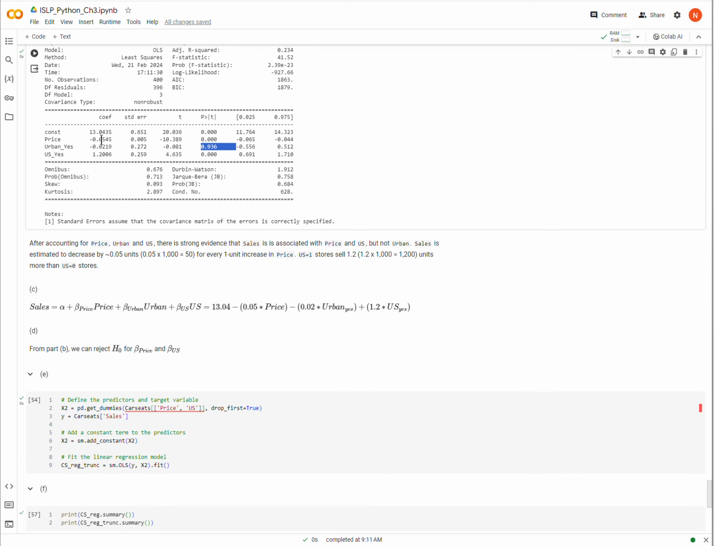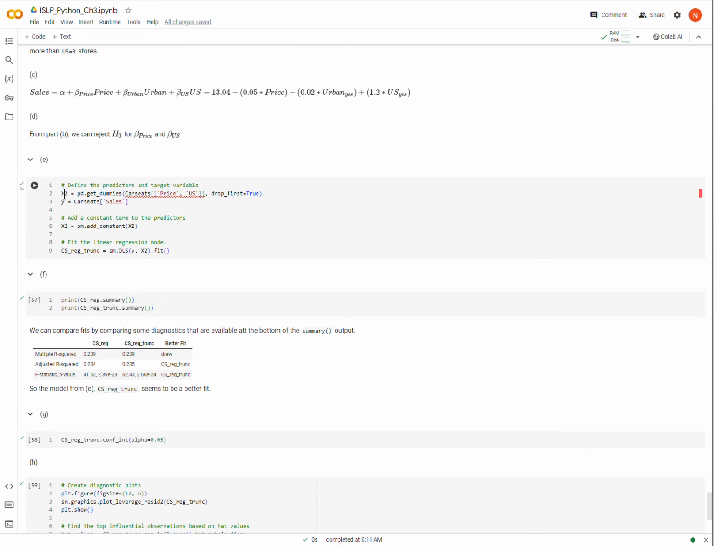Part E then wants us to take the compelling variables from the first regression and make a second regression using only the compelling variables. Okay. So here I'm making another design matrix, but I'm only using price and US